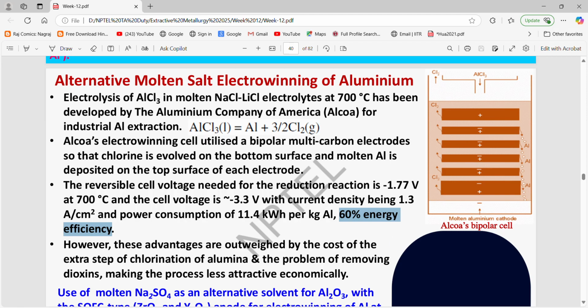However, these advantages are outweighed by the cost of the extra step of chlorination of alumina. So as we have already discussed, this process required AlCl3 as a feed material. However, when we are talking about Bayer's process, we are recovering alumina in the form of Al hydroxide. Okay, so for preparing the feed for this ALCOA process, we have to go for one more extra step after Bayer's process to get aluminium hydroxide converted into AlCl3 so that we can use this AlCl3 in this ALCOA